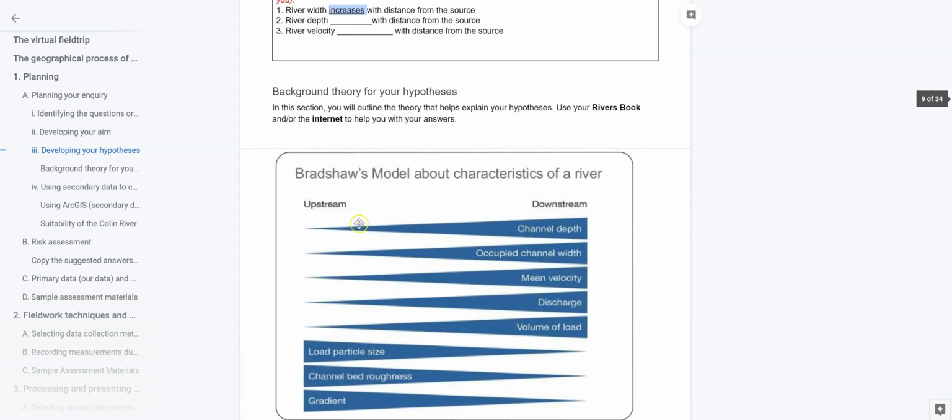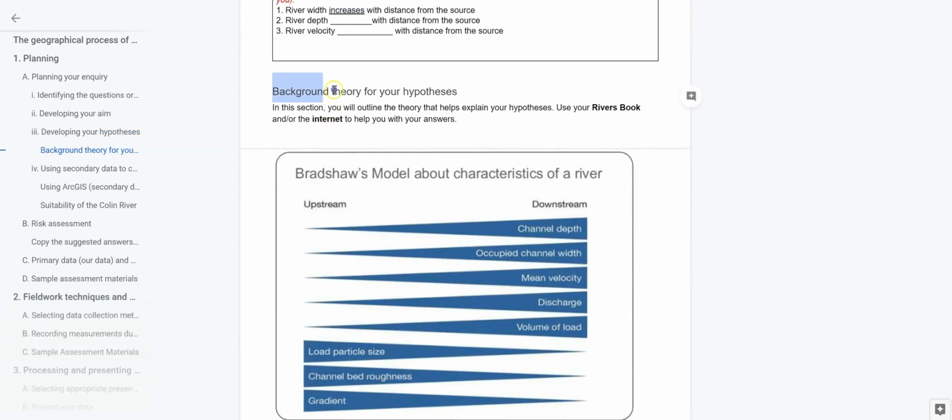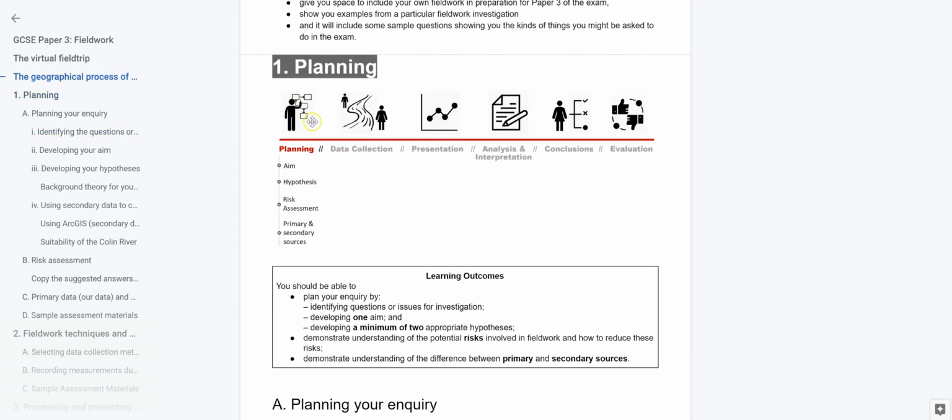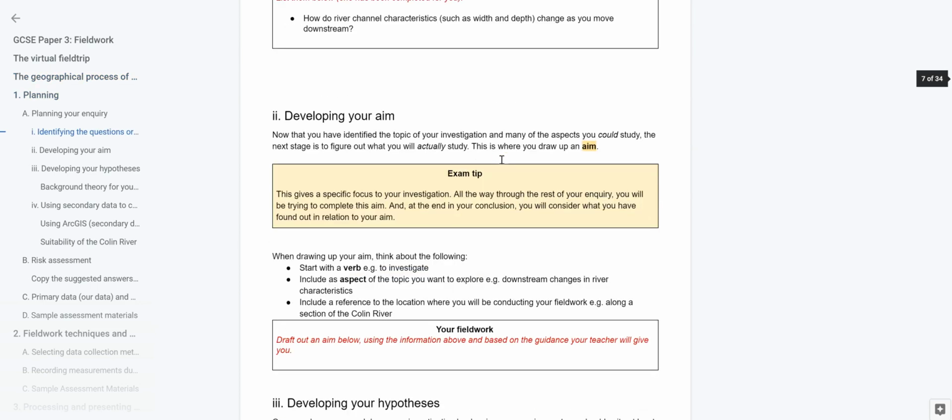Now, the next thing that we're going to move on to is to take a little bit of a look at the background theory for our hypothesis. And this is a little bit of planning ahead for a stage that's coming later in our geographical process of inquiry. Plan it, then collect it, then present it, then analyse and interpret. Now, do you remember what I told you those words meant? To describe and explain what is happening in the graph and why. And the why brings you back to